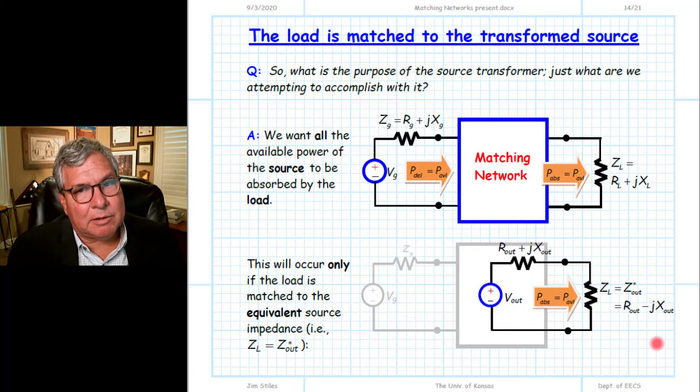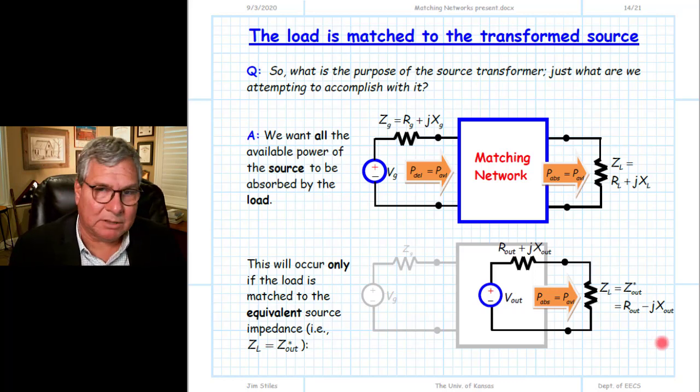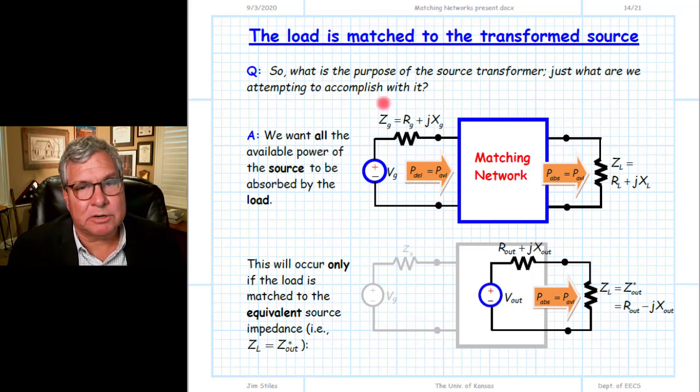So if the available power is an invariant under transformation, what is it that we want this matching network to do? Well, we start out with our original circuit here, and we know that if we've designed the lossless network properly, then the delivered power from the source will be equal to its available power. And since this is lossless, it can't absorb any energy, that delivered power will be ultimately absorbed by this load,